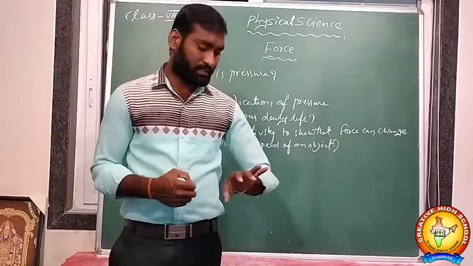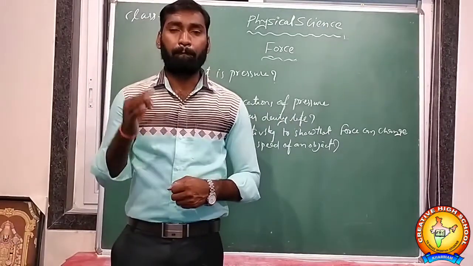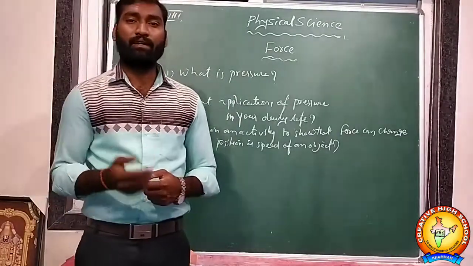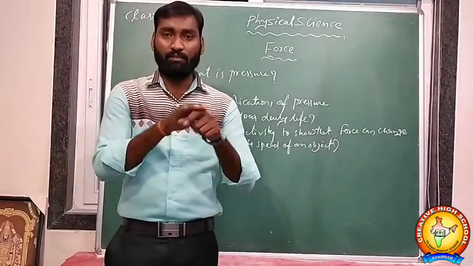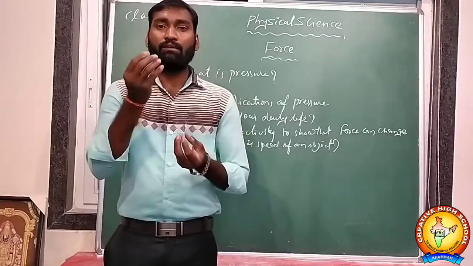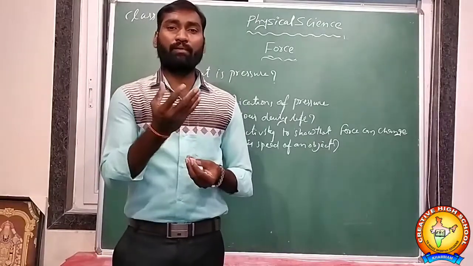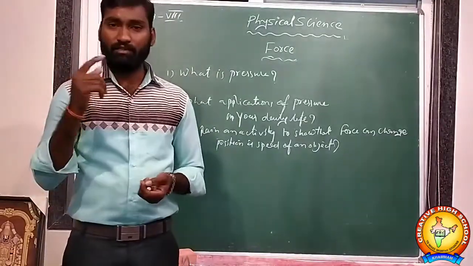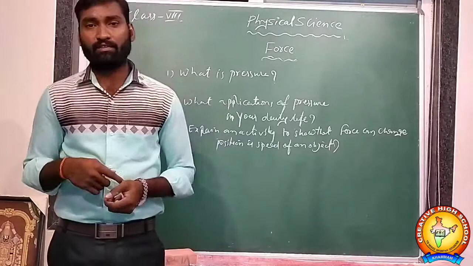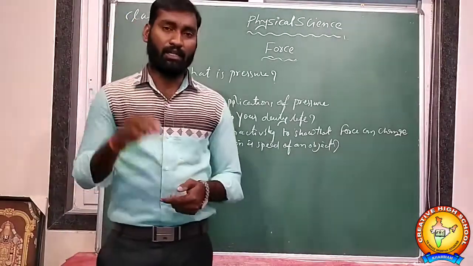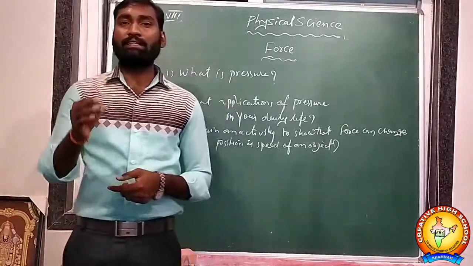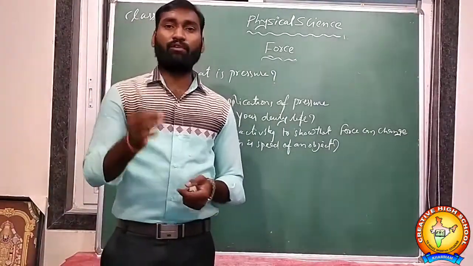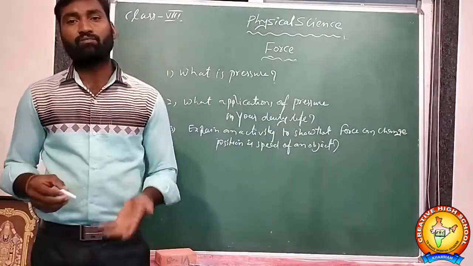Next one is normal force. The force acting on a body perpendicular to the surface of an object. For example, a book is placed on the table. The table applies force on the book perpendicular to the surface, and this is called normal force. It always acts perpendicular to the surface, in the upward direction. Tensional force is the force acting inside the thread of an object. It is also an upward, pulling force.